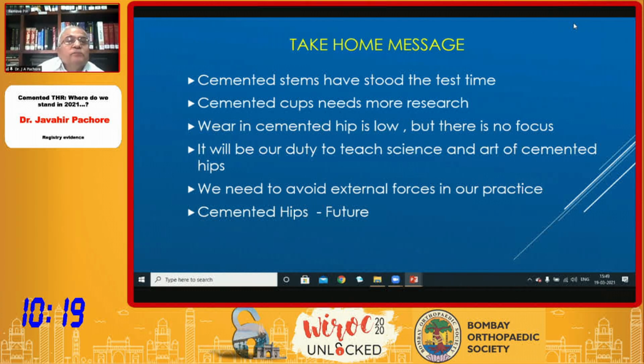uncemented to cemented. It will be our duty to teach the science and the art of cemented hips to our younger generation. We need to avoid external sources to our practice, which we will discuss just